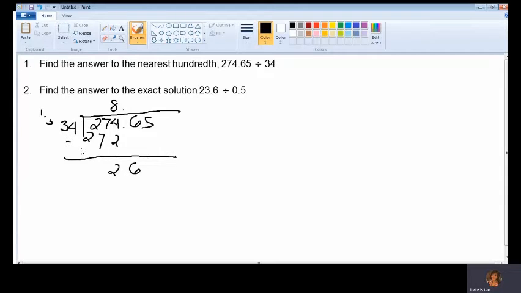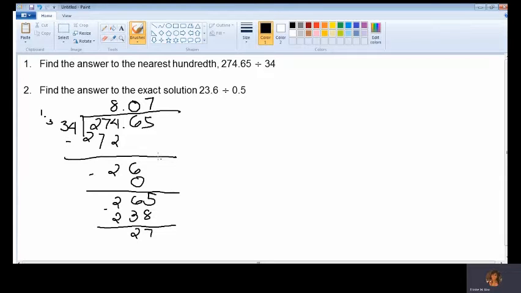So is 26 divisible by 34? It's not. So that will give us an answer of 0. 0 times 34, that is 0. And then 265, bring down 5. 265 divided by 34, that will give us an answer of 7. So 34 times 7, that is 238. 265 minus 238, that is 27. And then remember